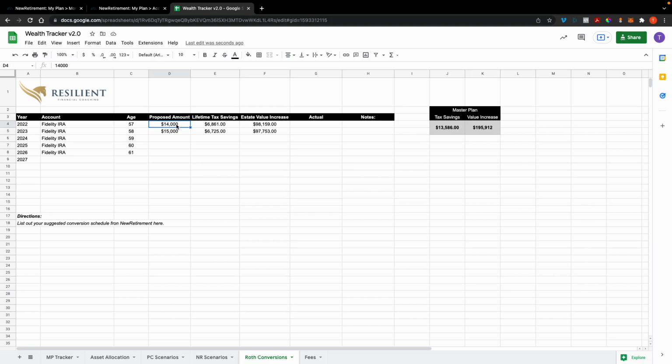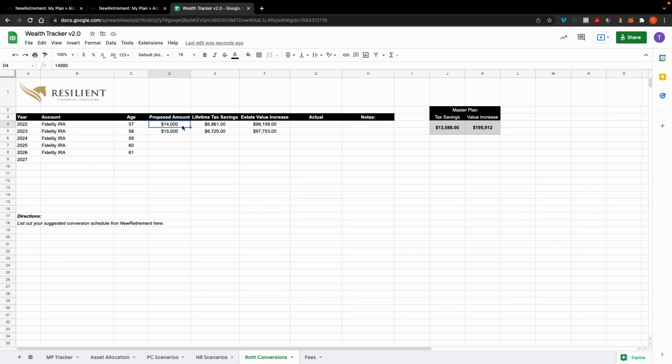the $14,000, how much actually does that add to my tax bill in the year 2022? Okay, so before converting the $14,000 in the year 2022, what was my total taxes? And then after conversion, or if I were to convert, how much additional taxes would I owe? On 14 grand, it's not going to be a fortune. It's not going to be very substantial.